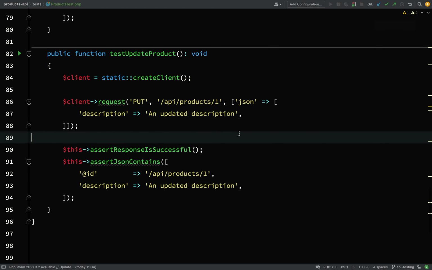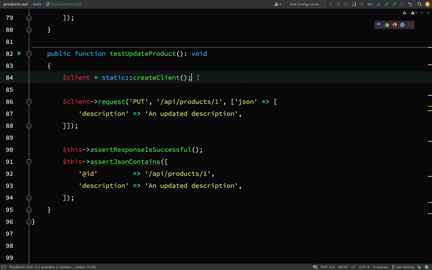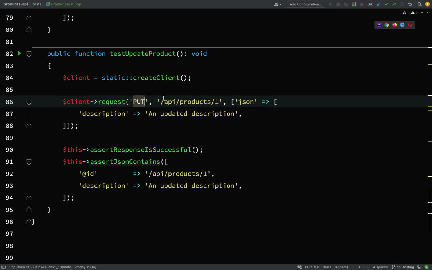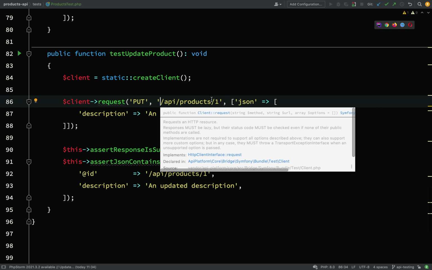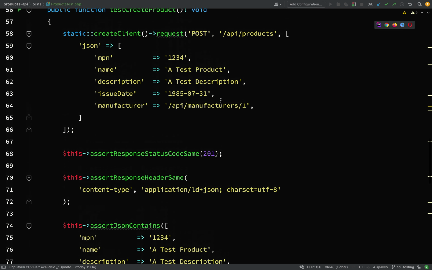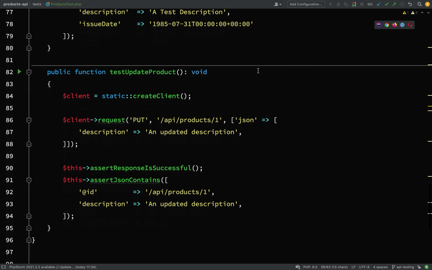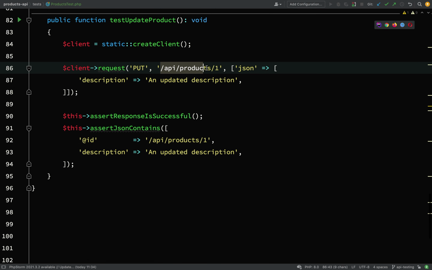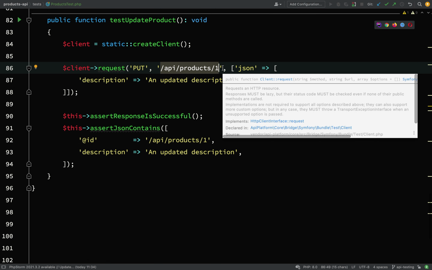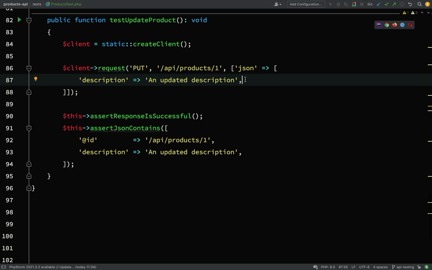Okay, this time we're testing that we can update a product. So test update product. Setup is the same. Client create client. We're making a put request, but this time notice we've appended on an ID for the product which we want to update, whereas when we created a product we just needed to hit the endpoint API products. This time we need to specify which product it is going to be, so I've gone with API products number 1,